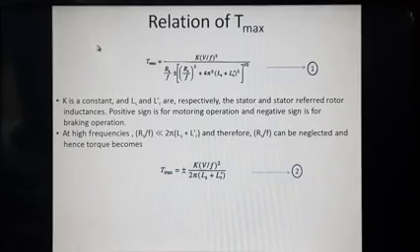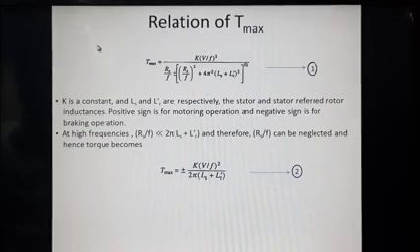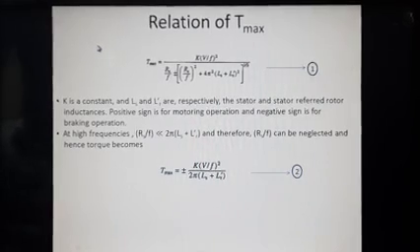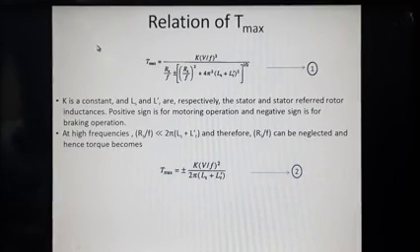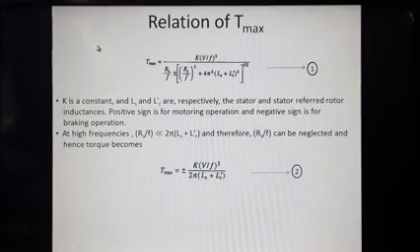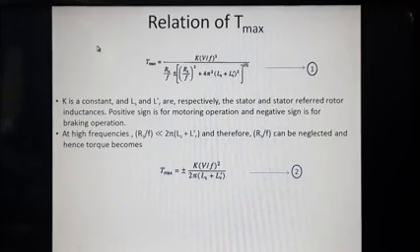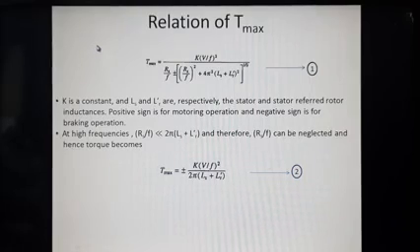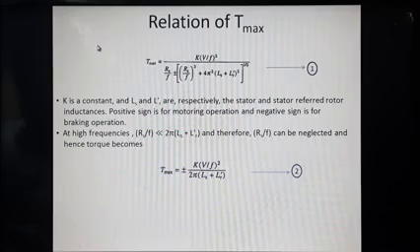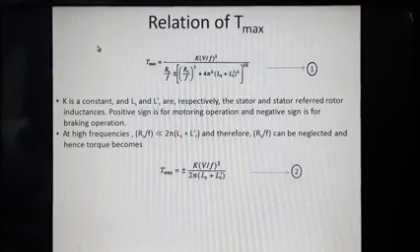In equation number 1, a positive sign in the denominator is indicating the motoring operation, and a negative sign in the denominator is actually indicating the braking operation. So if you are seeing the value of frequency as very small and considering the motoring operation, definitely the value of denominator becomes very large. So the Tmax value will get reduced. Similarly, while considering the braking operation, the Tmax value will get increased. This phenomena will happen only when the value of frequency is very small.